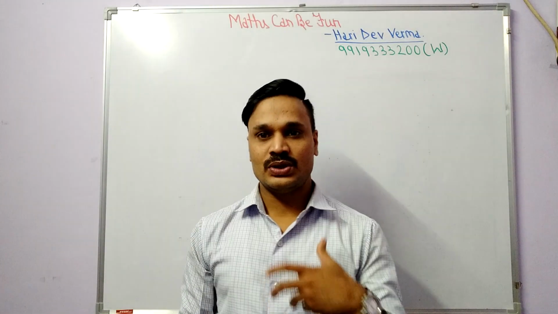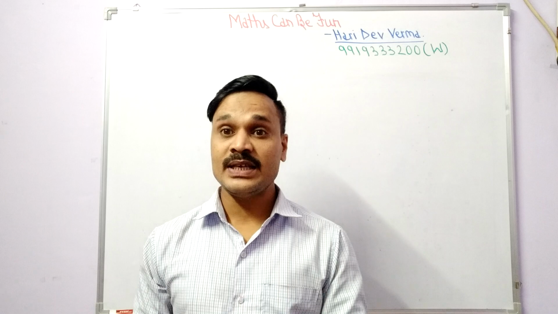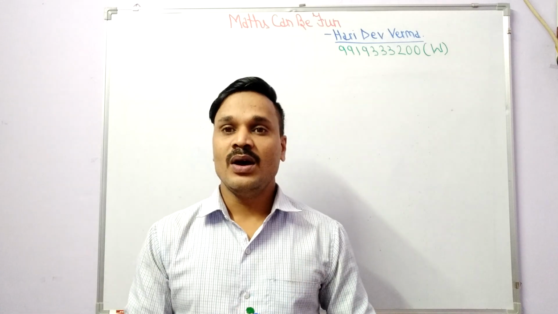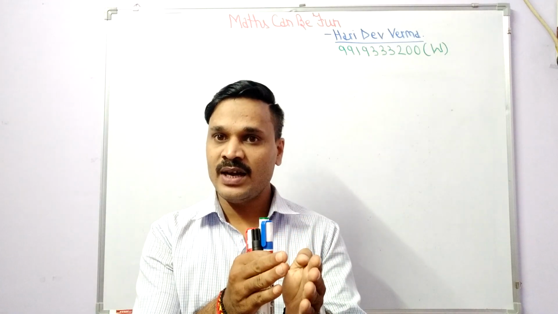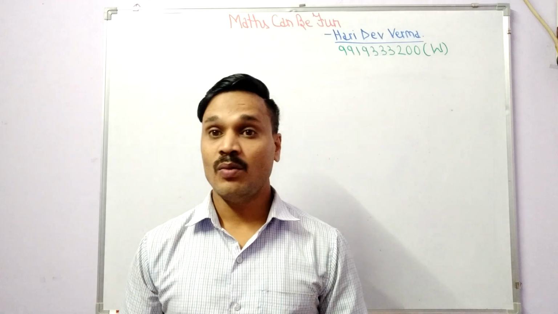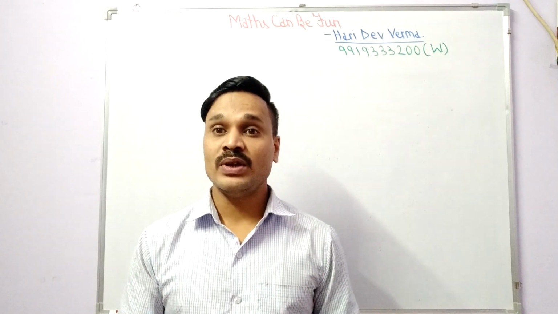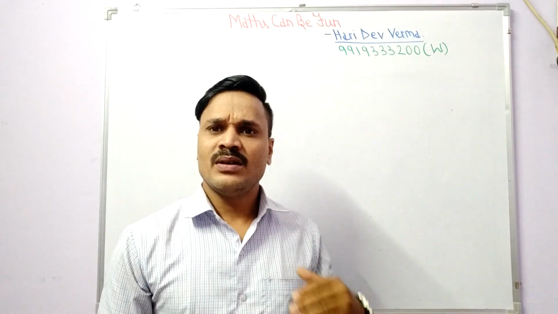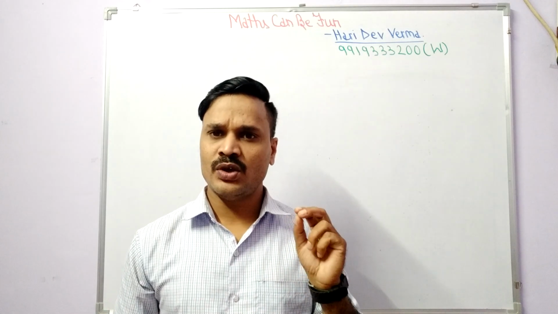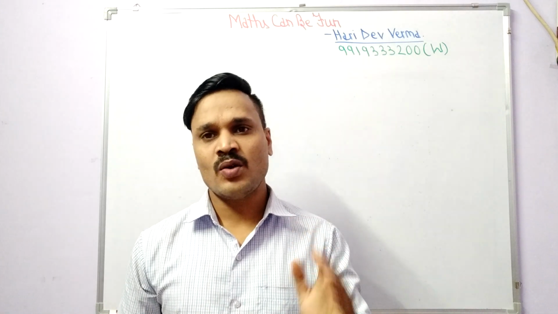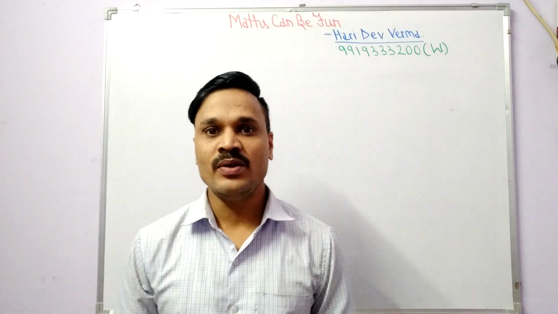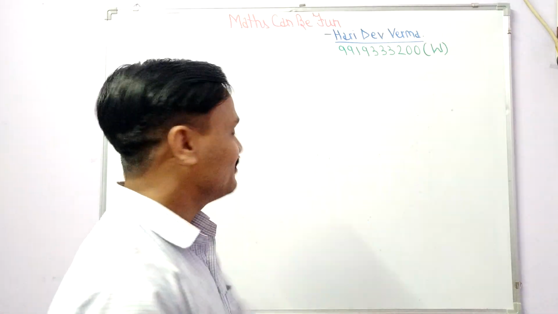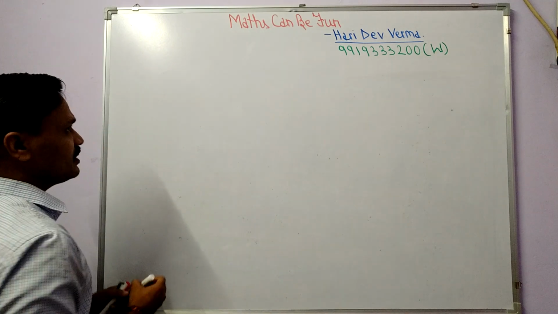So today's video is about surface area and volumes, basic, continued. In the first video I discussed what is a solid, and what is the difference between surface area, lateral surface area and volume. In this video I'm going to continue the topic, and I will illustrate the formulas of cube, cuboid, cylinder and cone. Okay, so let's start the video without wasting time. Be ready, and I'm going to start.